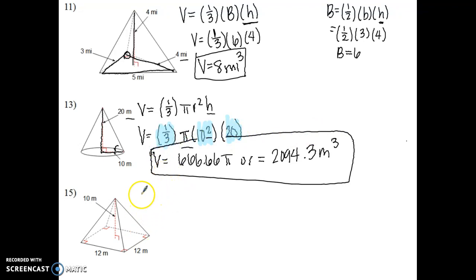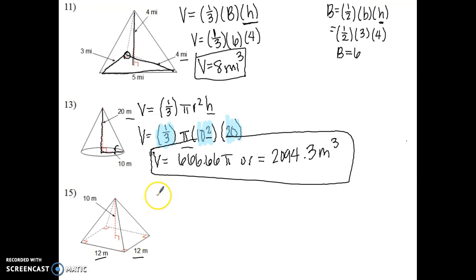For number 15, this is a square for a base. We did a triangle here, now we're doing a square. Some of you guys asked me, how can I tell if it's a rectangle or a square? If it's a square, it's going to have the same length and width. If it's a rectangle, then obviously they're going to have different numbers for length and width. In this case, the way to tell that this is a square is because we have 12 and 12, and so nothing